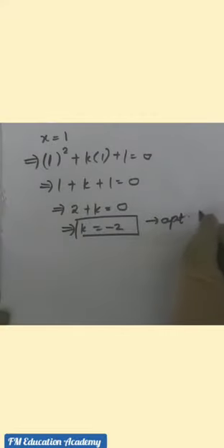Moving on to 19th question. Observe the question. If the roots of the quadratic equation ax square plus bx plus c is equals to 0 are sine alpha and cos alpha, then 1 plus 2 into c by a is what? It is telling us here the roots are sine alpha and cos alpha. In the previous question, in 17th question, the roots were alpha and beta. But here it is telling that the roots are sine alpha and cos alpha, and it is asking us the value of 1 plus 2 into c by a.